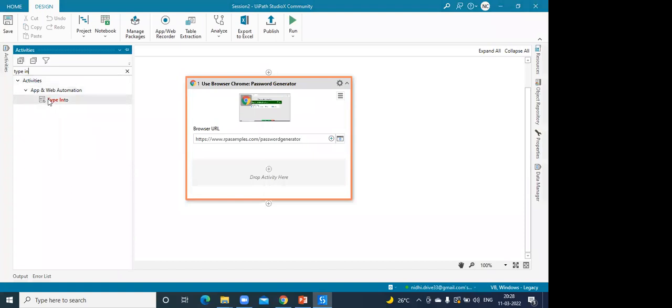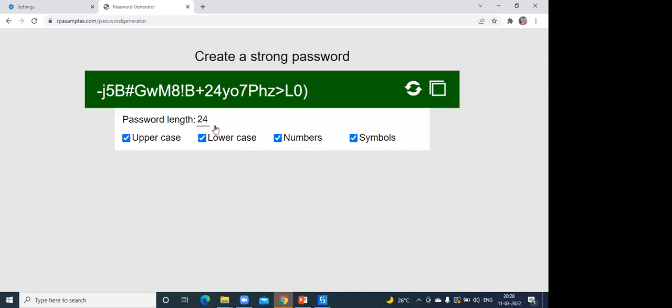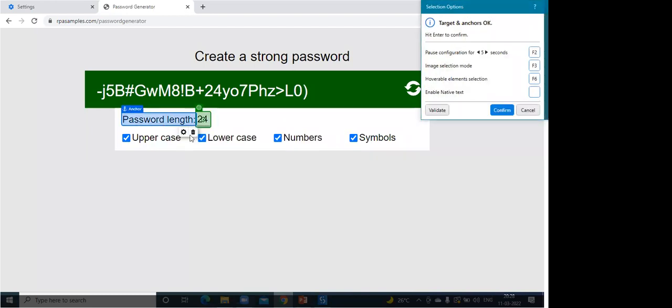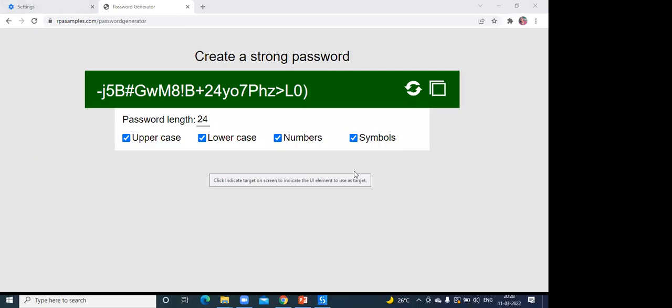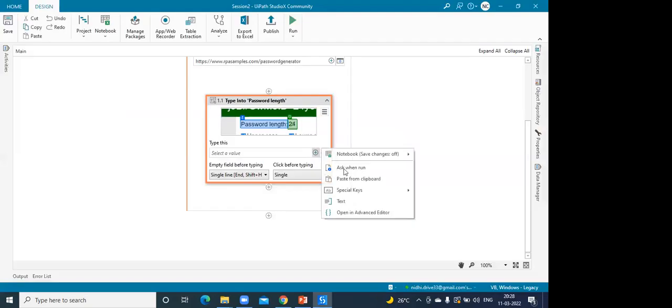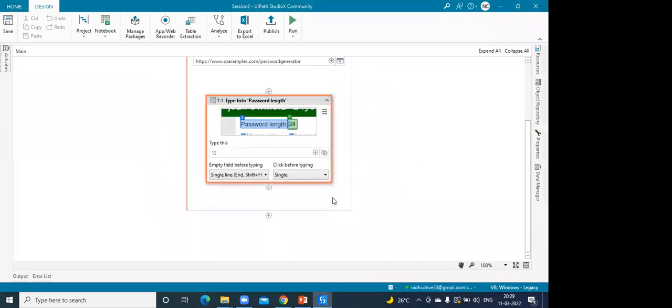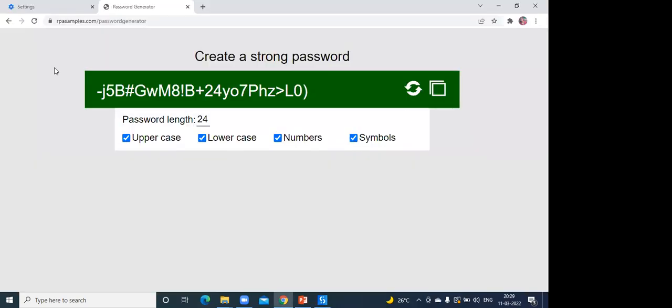You can also use the recording if you want to make it quick and indicate this is the target and this is the anchor, right? Click on the confirm. Now instead of 24, what is the length that we want? We want a 12 as the value, right? So I'll go to text and say 12. Done, save it. Now the next thing that we have to do is we have to uncheck this particular field,